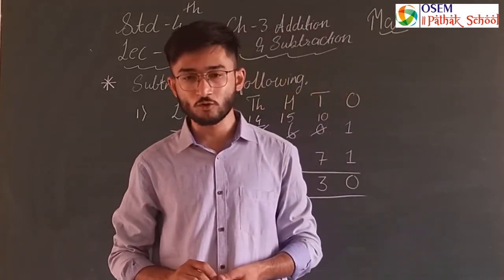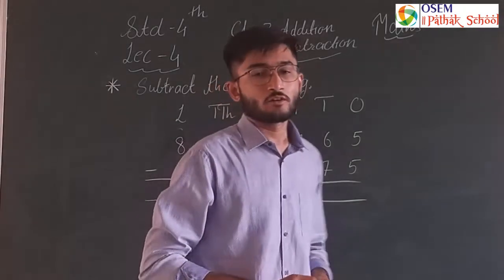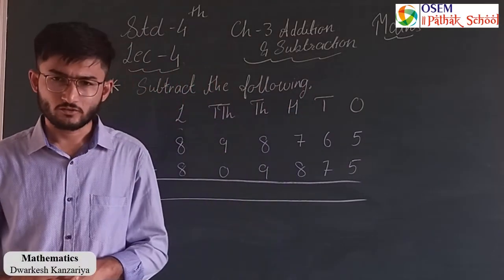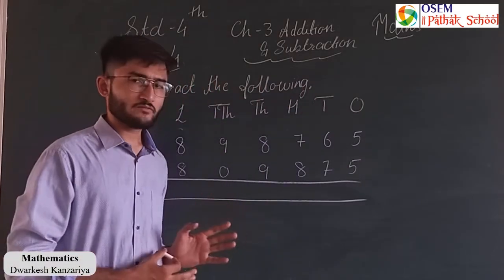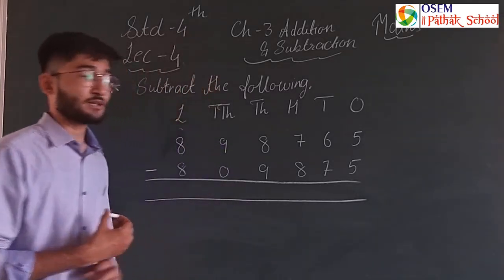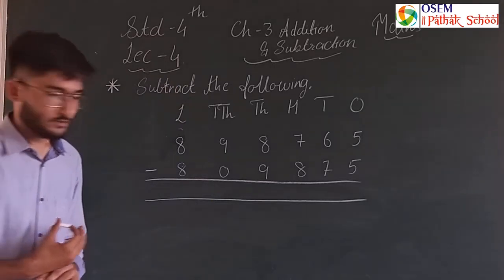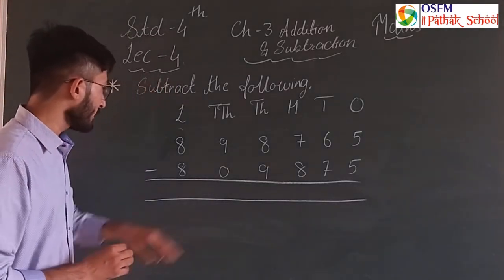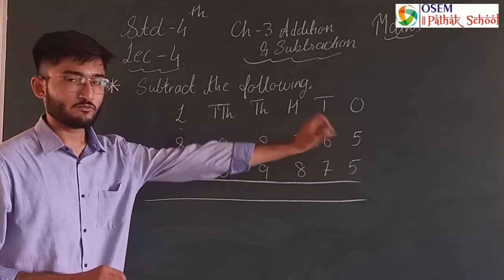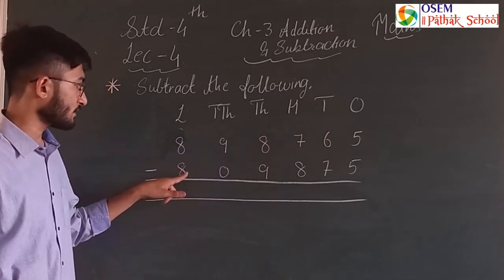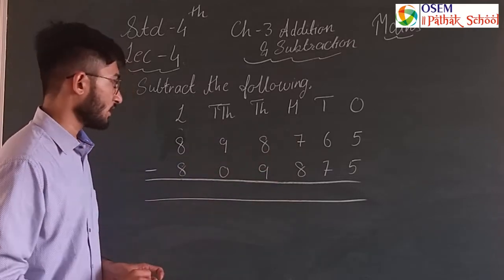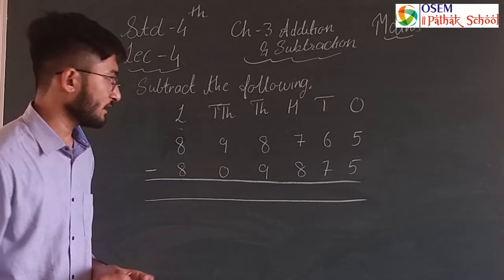Let us learn a few more examples of subtraction. Now moving on to the second example. Here we are going to do the same type of subtraction. Nothing is different, the same way, the same manner. The way we do subtraction, we have to subtract in the same way. But there is one thing we have to remember, let us first focus on the numbers. What is the number over here? 8,98,765 and the next number is 8,09,875. Now we start the subtraction from the ones place.